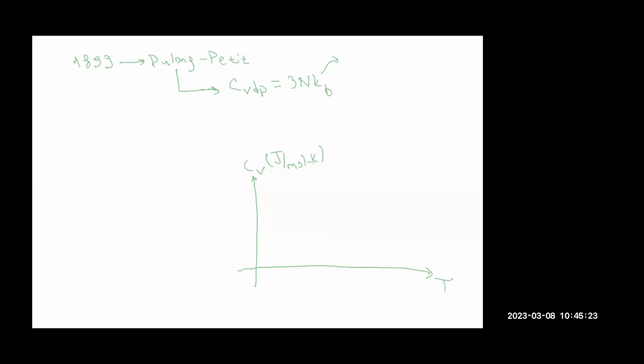This model yields a constant specific heat at every temperature. So the specific heat doesn't depend on temperature. There is no temperature dependence. Then scientists made some experiments and they observed that at high temperature, that is really the case. Specific heat is more or less